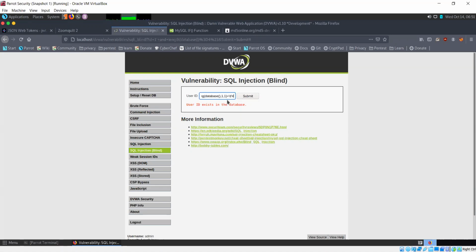Now you're checking whether the first character is, okay, let's just start from A. First character is A or not. I'm going to copy this first so I can repeat this for other characters. Let me just check once. It's correct, so syntax is fine. User ID is missing, so the first character in the database name is not A.